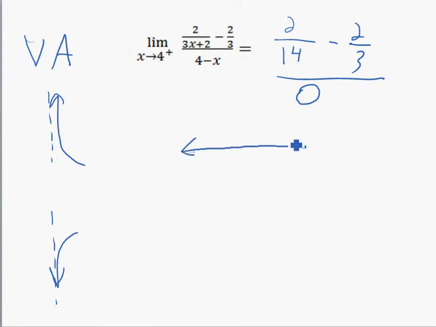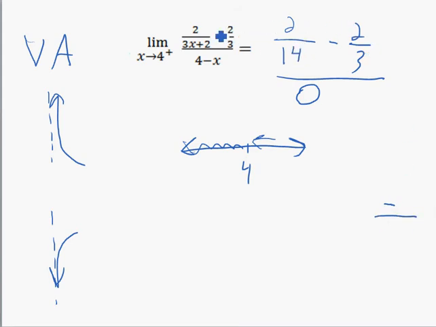Okay, we're interested in 4. And we're only interested in numbers greater than 4, so we don't care about this down here. We want to know what's happening as x is approaching 4 from this side. So x is a little bigger than 4. Well, the numerator is going to be close to this number here, 2/14 minus 2/3. And 2/14 is smaller than 2/3. So when you subtract them, you get a negative number. So the numerator is a negative number divided by